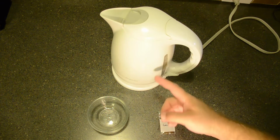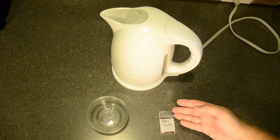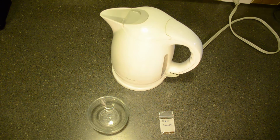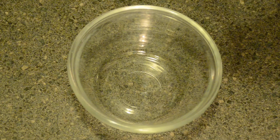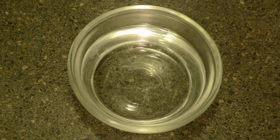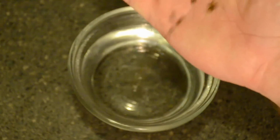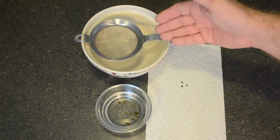Okay, so the first thing we need to gather together are our instruments. I have an electric kettle, a small glass bowl, and of course the black locust seed that I've collected. I'm just going to turn on my electric kettle, sit back and wait for it to boil. Once it does come to a rolling boil, I will take the water and pour it into the small glass bowl. Now I want to have 7 black locusts on my property. To ensure that I have good germination, I'm going to plant 14 seeds. So I'm going to take my 14 seeds and put them into the boiling hot water and set them aside